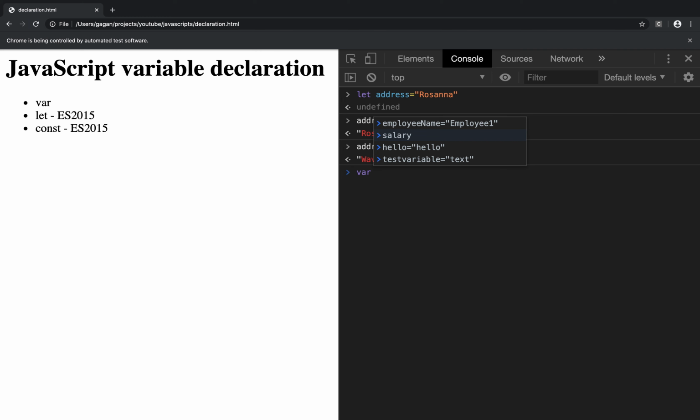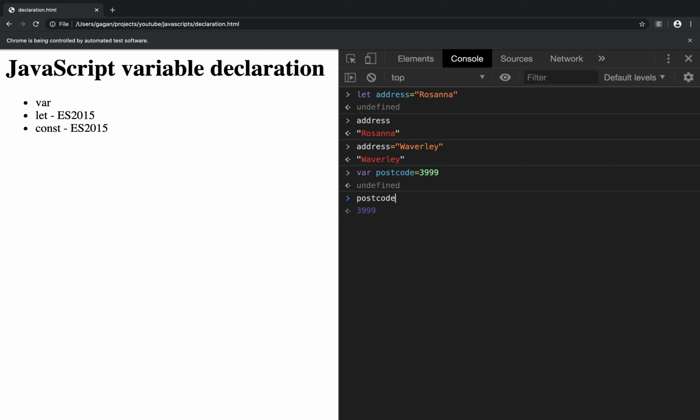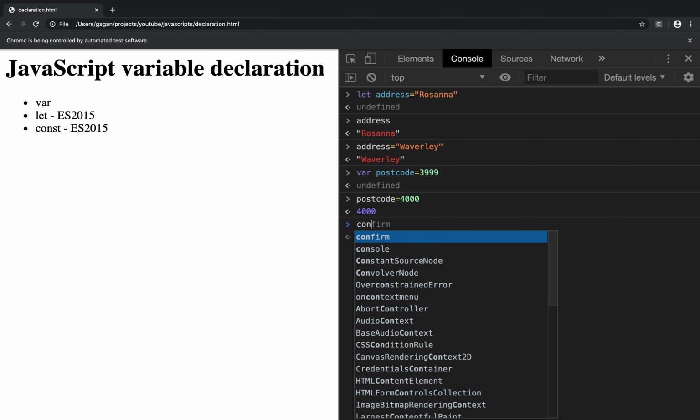That's var address line or postcode is equal to 399, and you can change the postcode to 4000. Yeah, so in both of these you can actually change the value in the variable, but while using const, if you declare something using const,